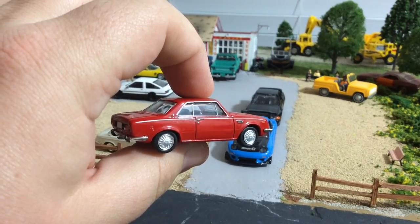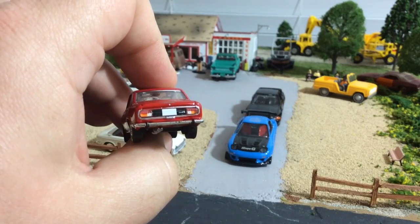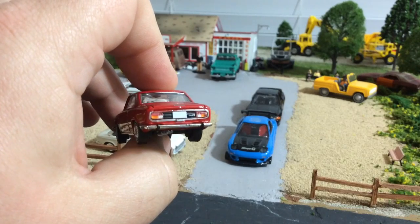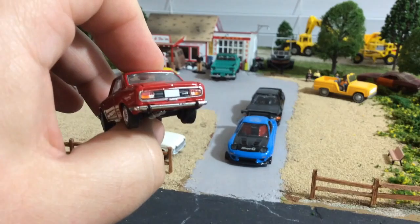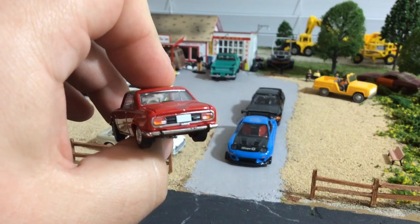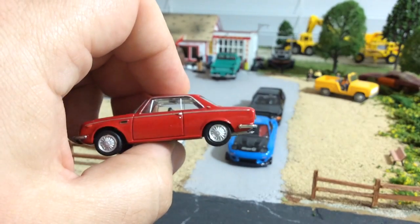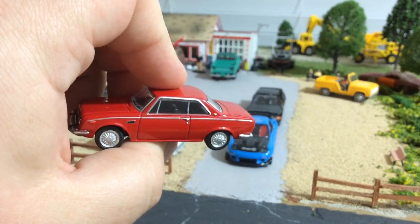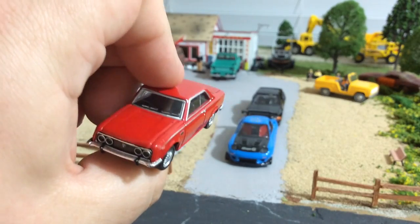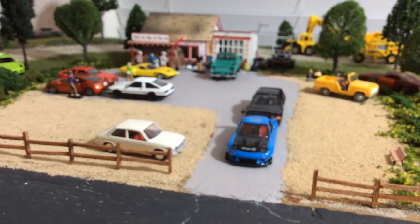rear quarter panel there. But all lens details with the headlights and brake lights, all painted trim. Another paint flaw there right above the left brake light. Looks like the red bled into the silver. But not too big of a deal. These do have authentic wheels, but really nice trim detail. Nice little detailed premium casting. And it's vintage